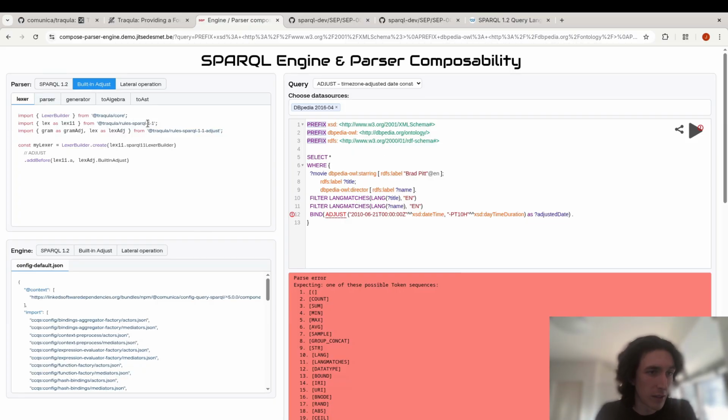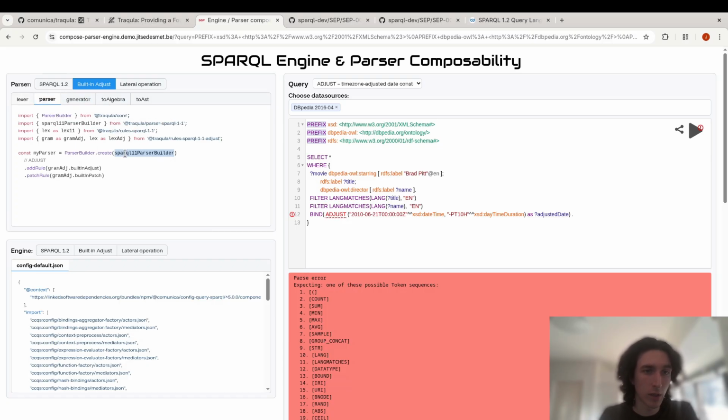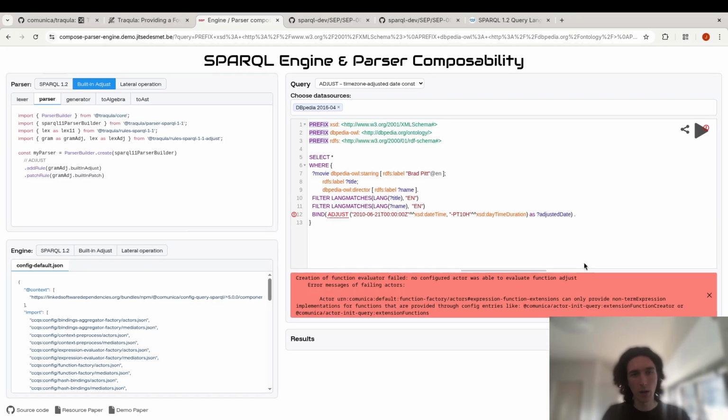And then you see that the configuration has changed. So for our lexer, it means that we start from the SPARQL 1.1 lexer and that we add this built-in adjust function. For the parser, we also see, okay, we start from the parser from SPARQL 1.1, and we added a rule to be able to parse the built-in function adjust, and we patched the rule that parses any built-in function. So now if we execute this query, another error, and this one states